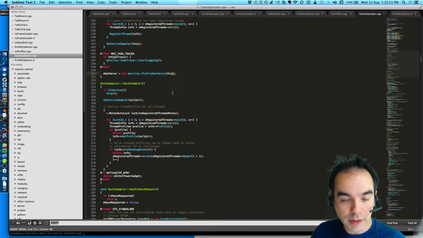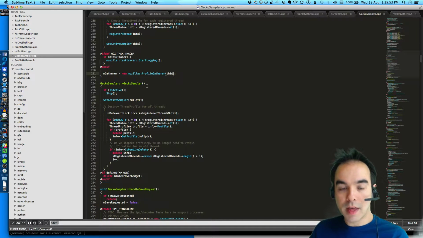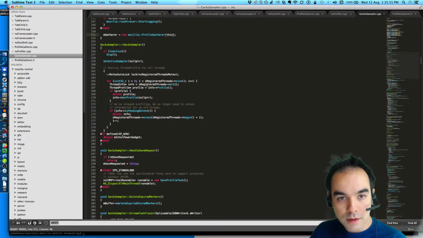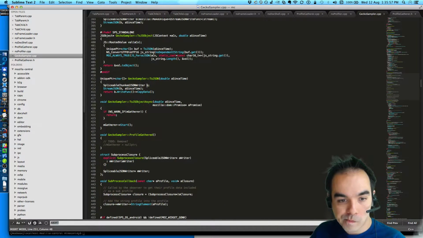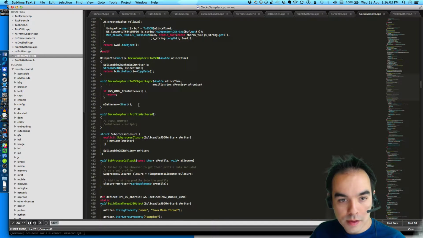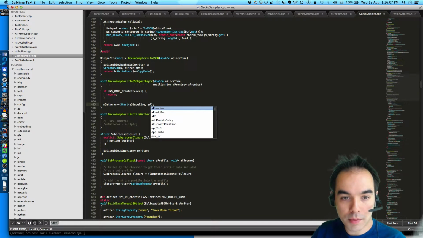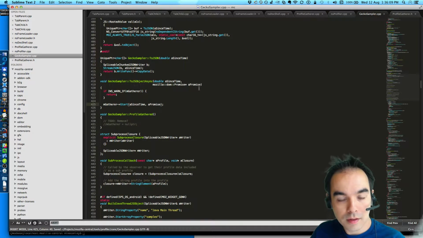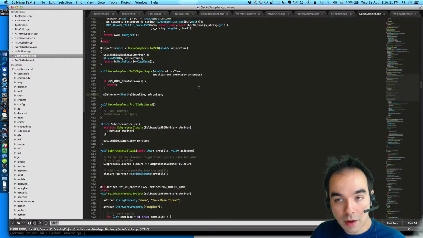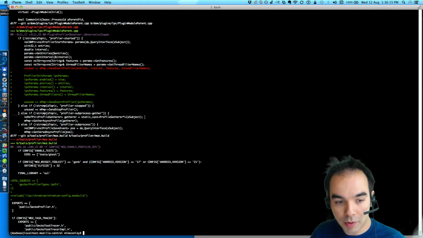And then we don't have to clear it out or anything. On destruction, that should be enough. Gatherer start, we have to pass since time and the promise.